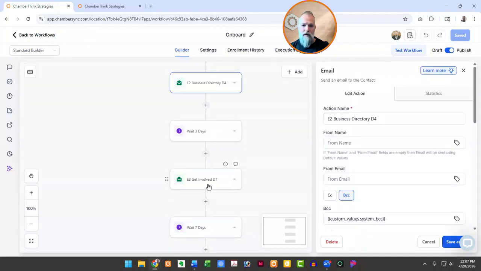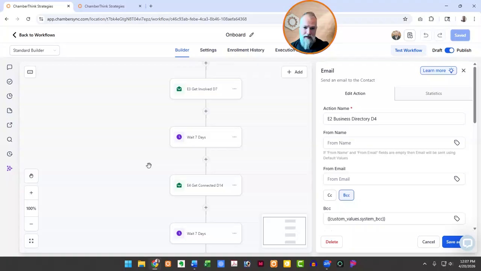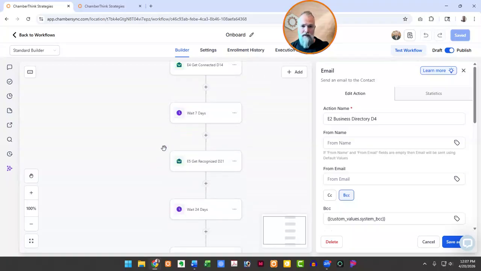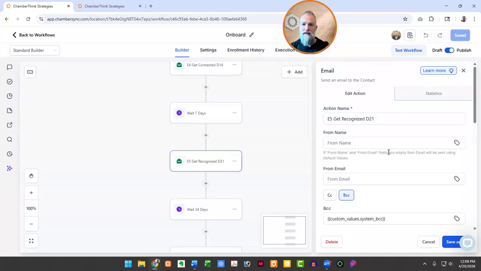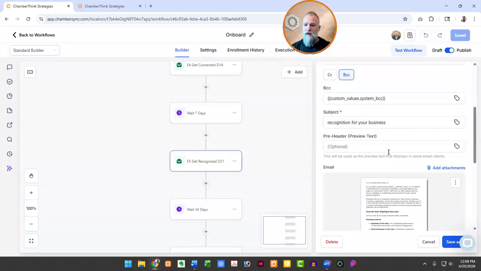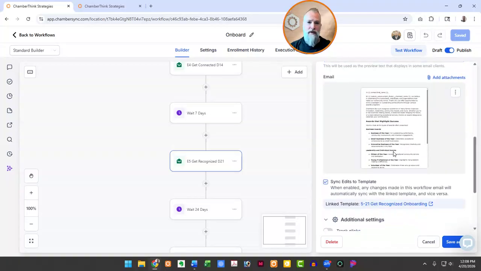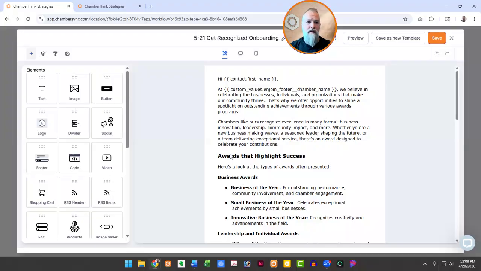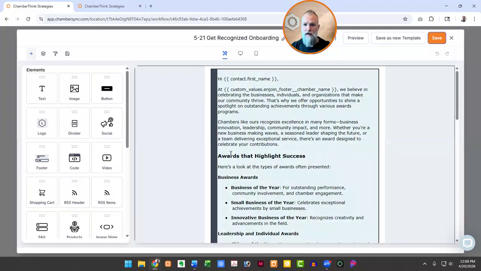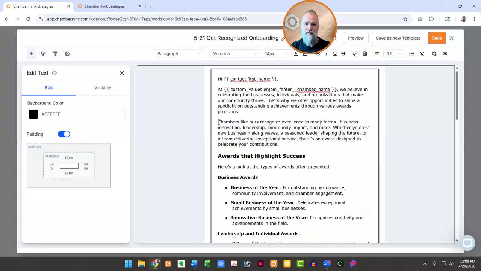Okay, so I'm going to skip through. I'm going to get to email number 5 because the rest are very similar. But email 5, this is one that needs a lot of your attention, because most chambers tell us it takes about 30 minutes to edit this entire sequence. Okay, so it's really simple. But they also tell us, and this is by design, they spend all their time on number 5. Now we know it's easier to edit content than it is to create it from scratch. So we created this